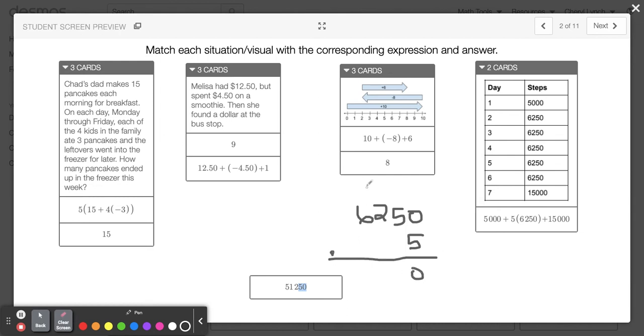Multiplying 0, 25. 5 times 2 is 10, plus 2 is 12. 6 times 5 is 30, plus 1 is 31. So I have that this is 5,000 plus these middle days right here, that's the middle days that we're talking about. 31,250, plus on that 7th day when I really killed it,